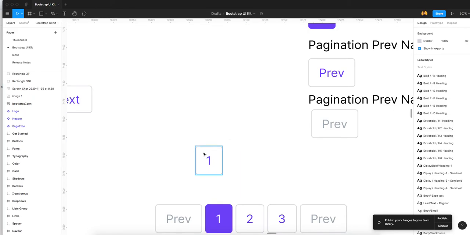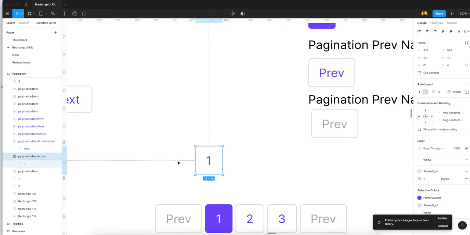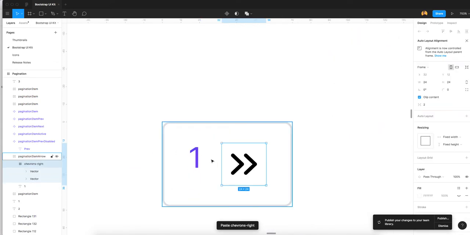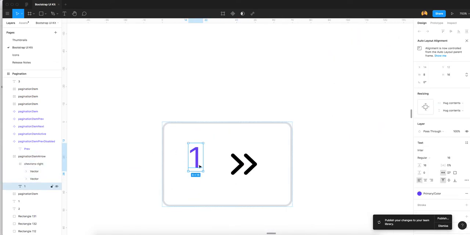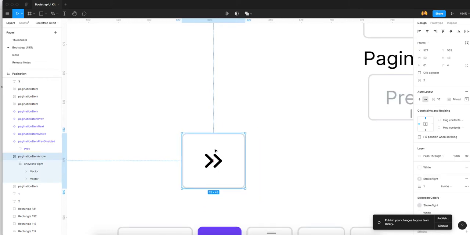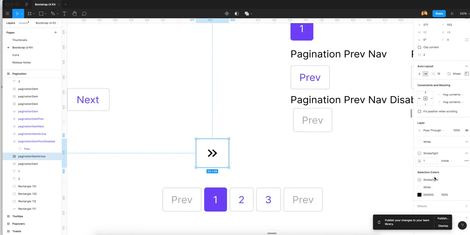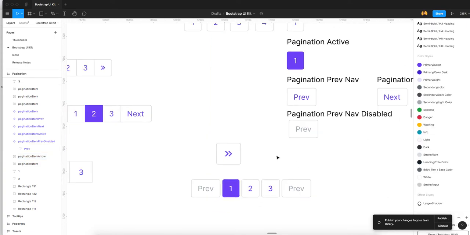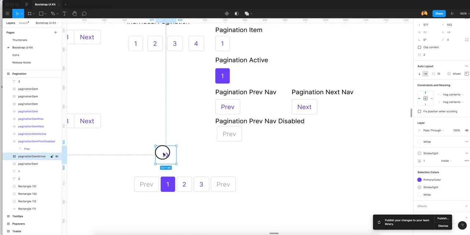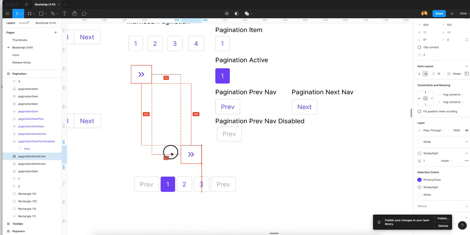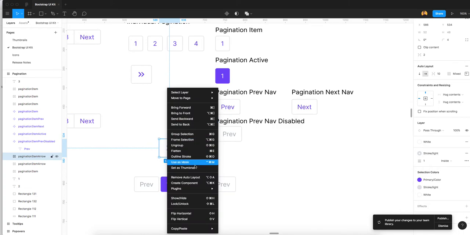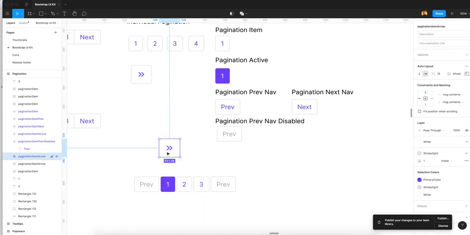I just click and go into this auto layout and paste it. See, it will auto increase. Now I delete just the text and it will be set again with auto height and width. I just change its color to whatever color library you will use. You just click OK. Now it will be set. So this is one of our elements, and now I duplicate it and create it into a component. So this will be our arrow feature in pagination.